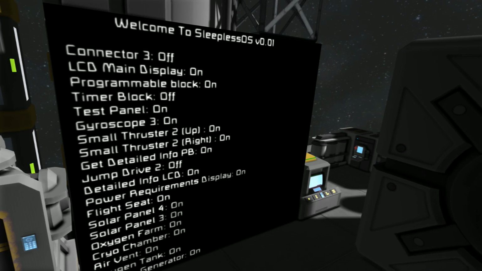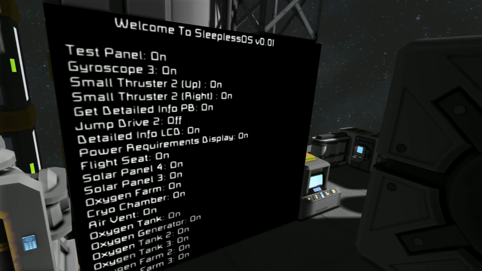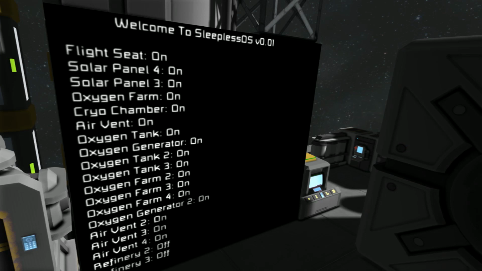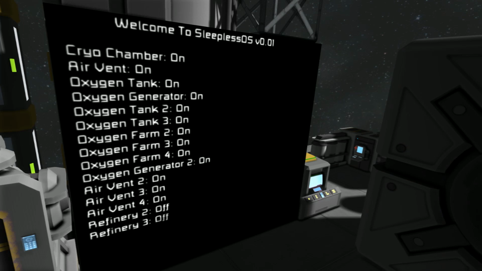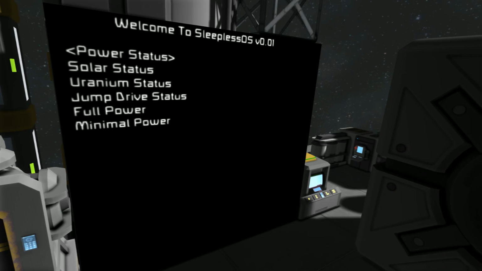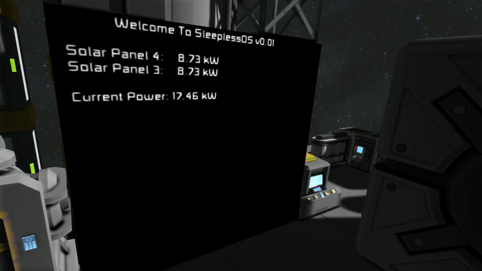Test panel is on. Gyroscope's on. Thrusters on. Detailed programmable block is on. Jump drive is off. Detailed info is on. Requirements display is on. Flight seat is on. Solar panels. Oxygen farm. Cryo chamber. Air vent. Oxygen tanks and generators and farms are all on, air vents and refinery are off. Sweet! So basically, let me know if there's anything that you guys